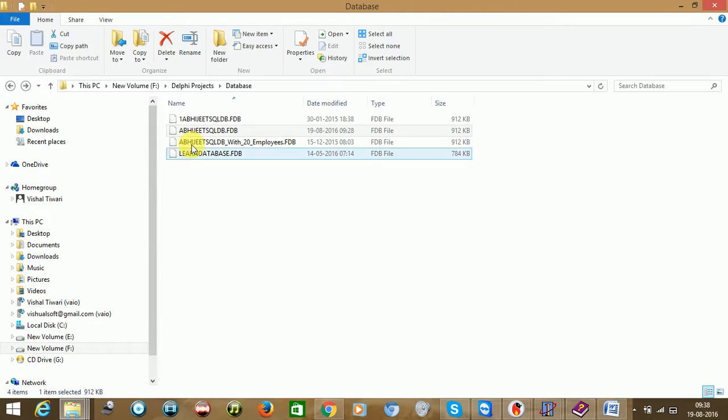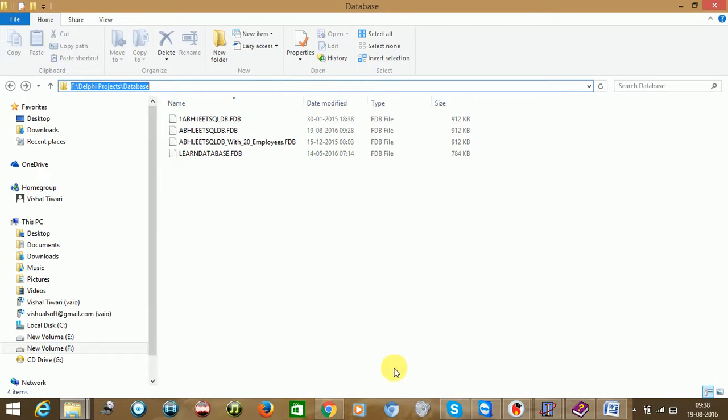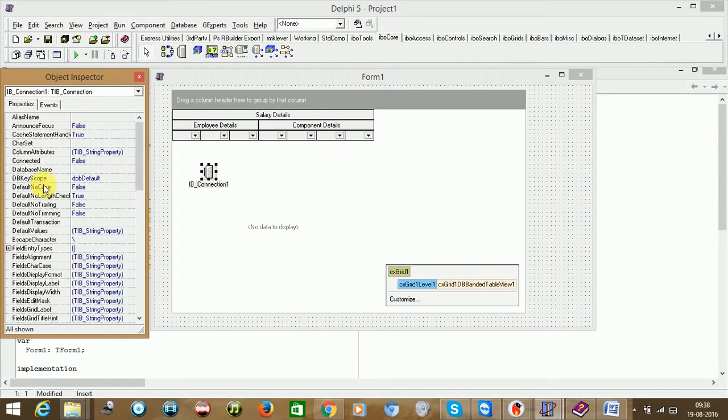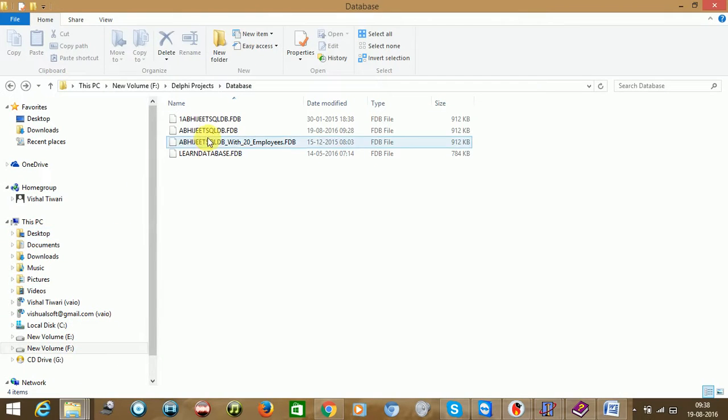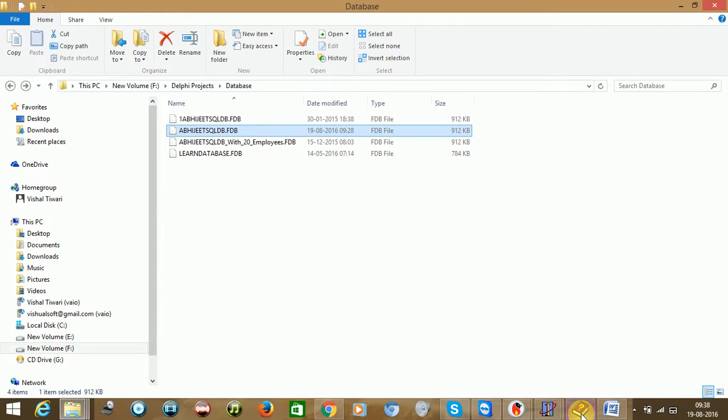So I would be taking this path. Sorry, first I need to take this path here and just go here. I'll be taking this Abhijit SQL.fdb. It's like a Firebird database.